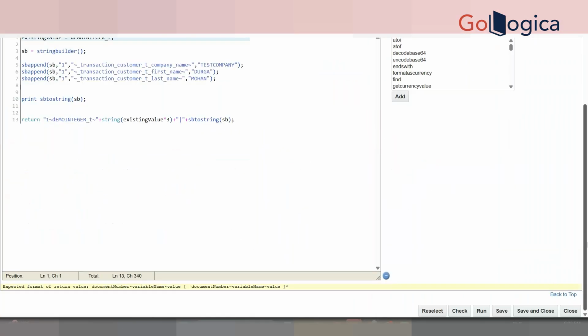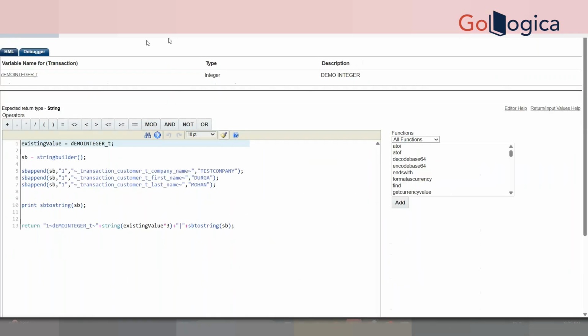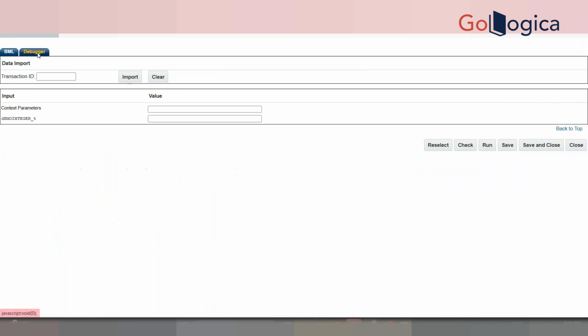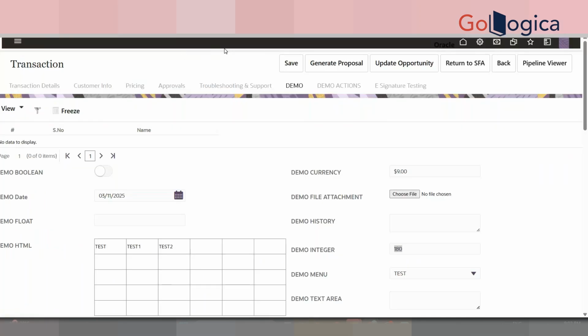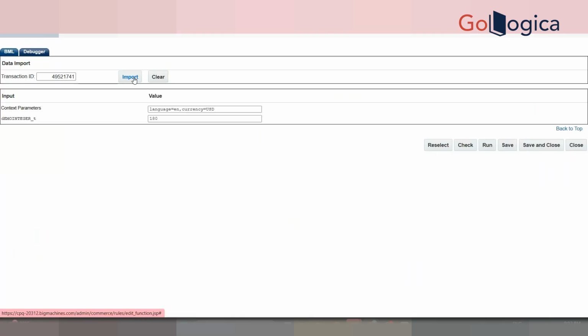I'm just going to return this by using the debugger. See, there is a debugger inside every action or inside any library function. What you are supposed to do, if it is a commerce related action or library, you'll have to pick up the transaction ID and place it here and click on import. You will see if I click on run,